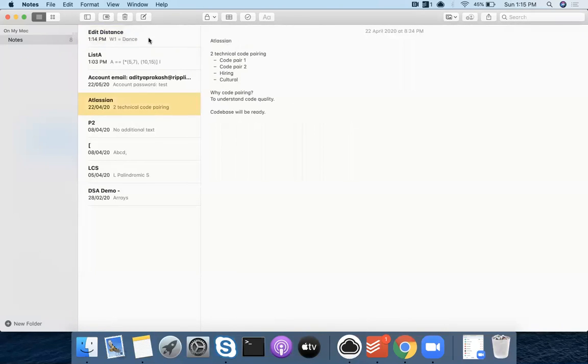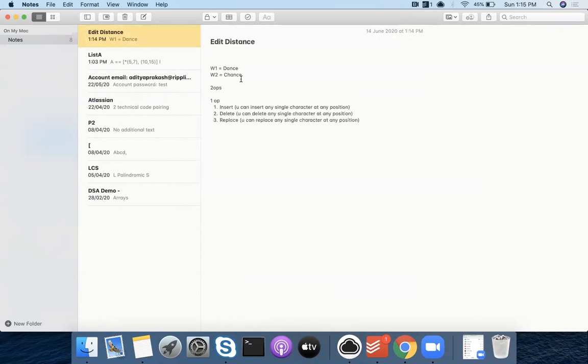Brute force can be comparison of each character, and if it is not present, adding that character. But that can't be minimal. That won't be least, yeah. If not brute force, how will you solve it? Just think, how can we solve this problem?